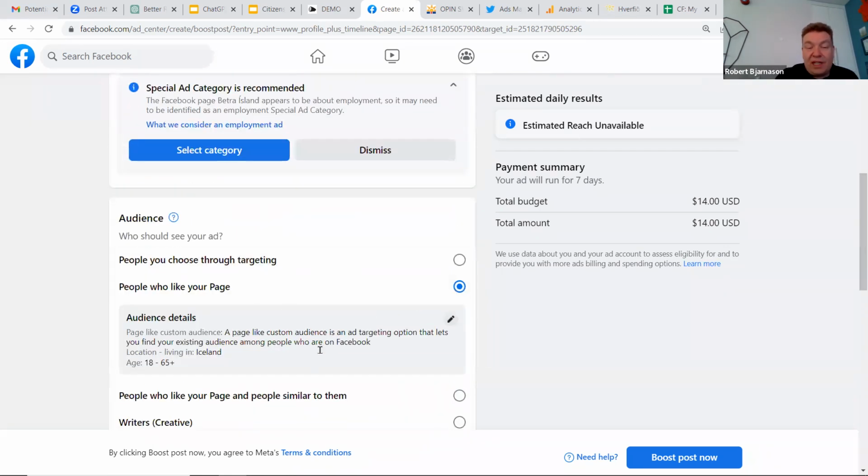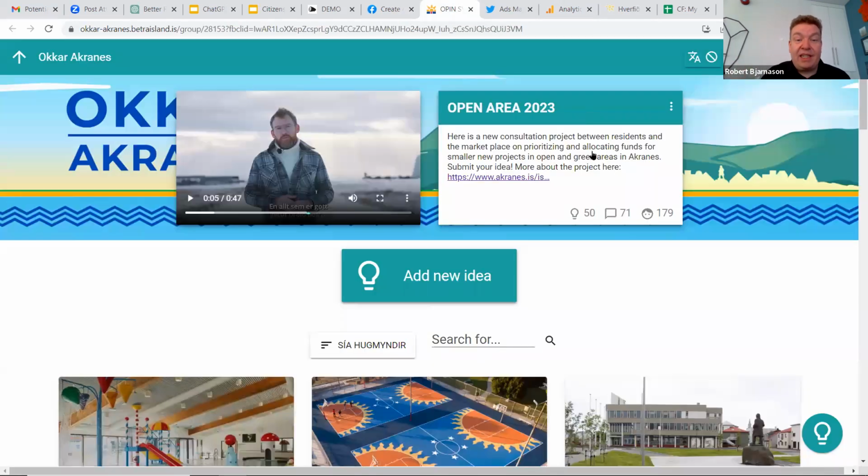But obviously, if you don't have many people on your page, this is different. It's not really our job to promote this project. Our Better Iceland Facebook page is for all the different projects that are happening on Better Iceland. But Akranes itself, who is running this project, actually has an advertisement agency that is advertising the project on social media and so on.